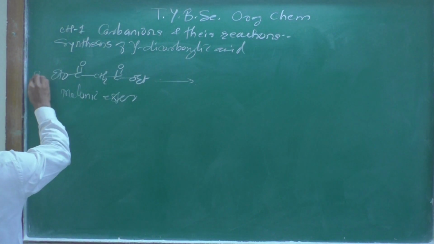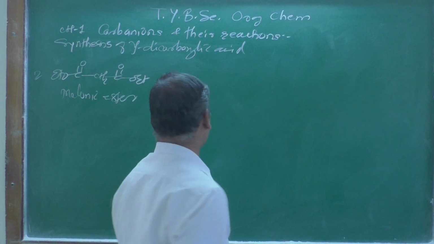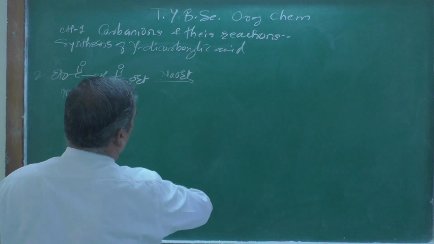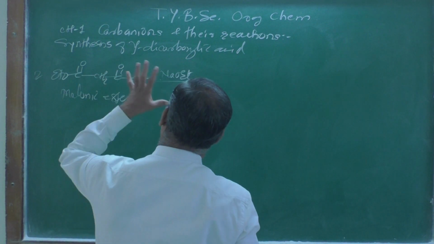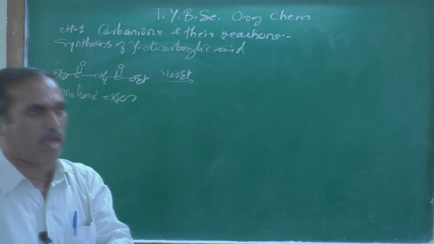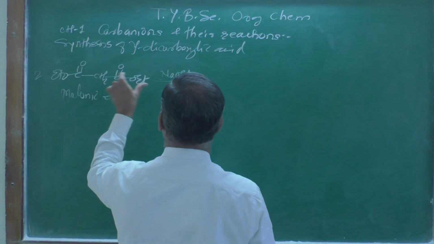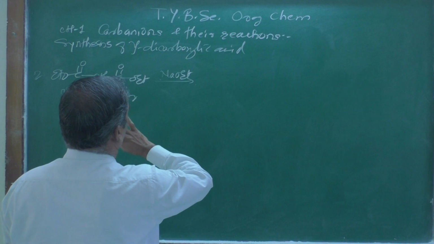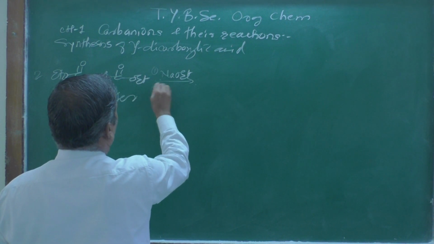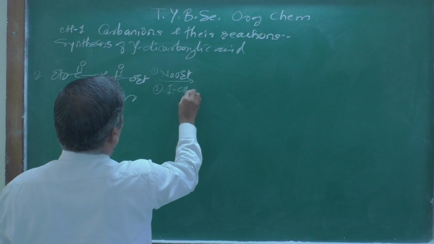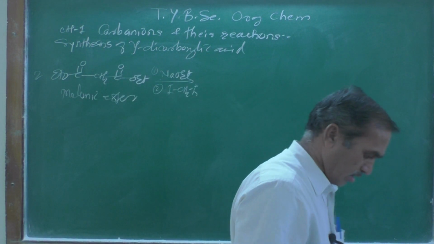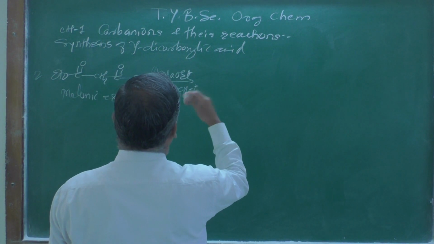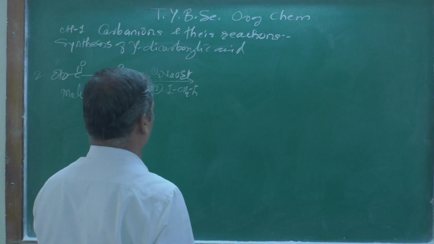2 moles of malonic ester, which will be treated with 2 moles of sodium ethoxide. What am I going to get there? For suitability, I am writing the malonic ester structure in such a way that you can understand. This is the first, and then we are going to treat this with I, CH2, I, that is a double alkylation type of reaction. So let us see, 2 moles of sodium